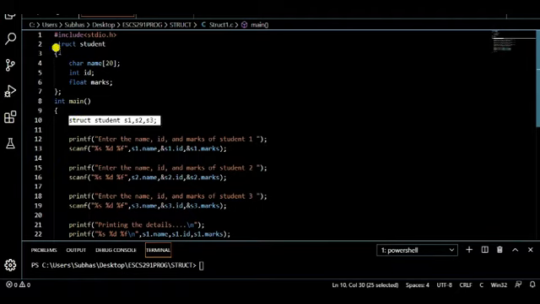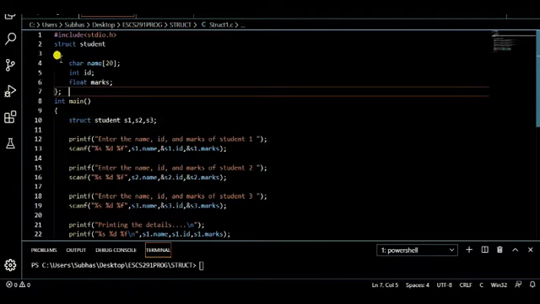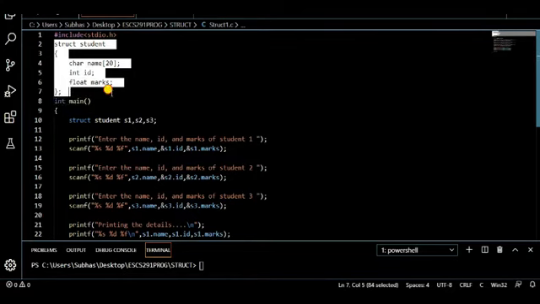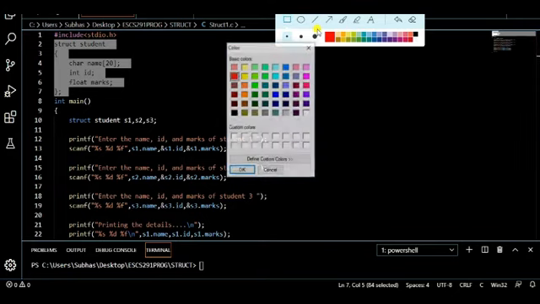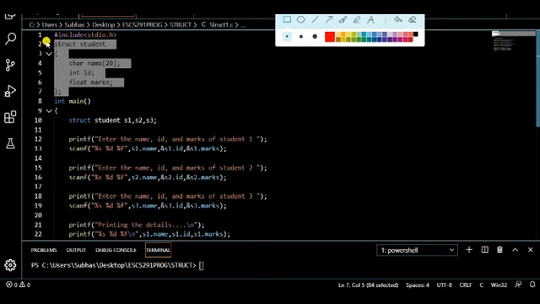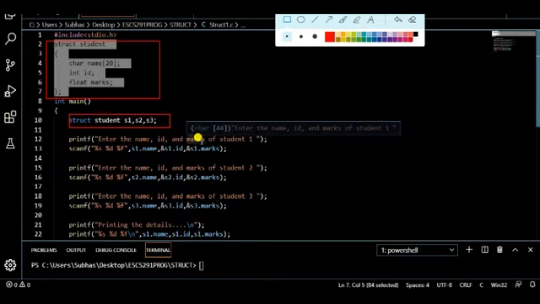This type of structure declaration is called global declaration. This is my structure global declaration. And within main we have taken three structure variables s1, s2 and s3, right?